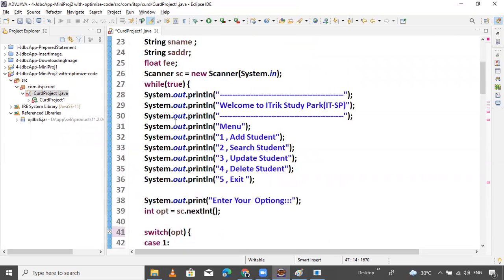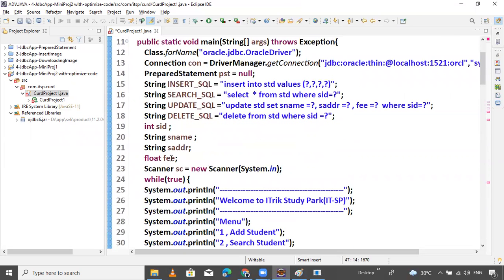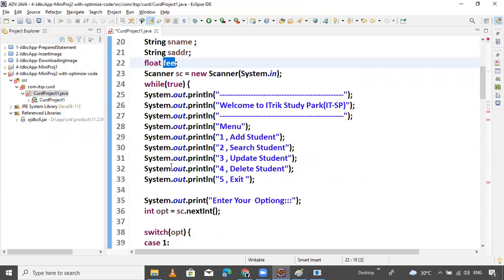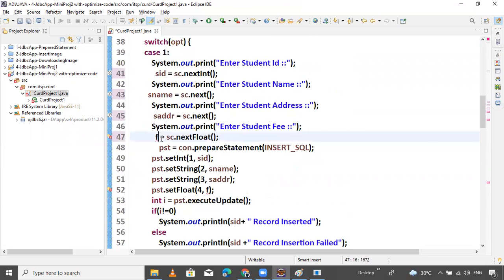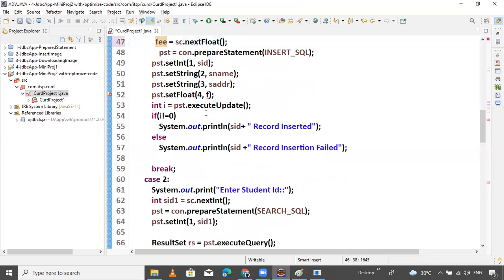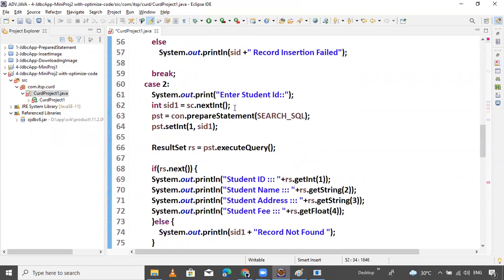Declare the fee here, but it's fee. That's it. Modify fee here. Now remove this, not required. This SID is sufficient. Pass here as SID. That's it.